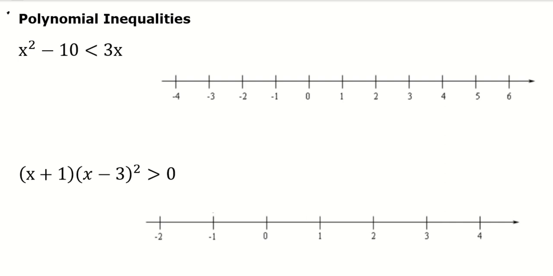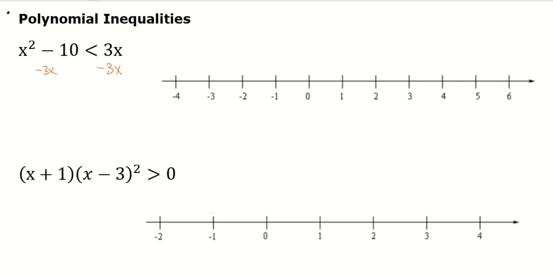Here we're going to be looking at polynomial inequalities and how we go about setting these up and solving with these. We first need to go through and find our points of interest, and to find our points of interest we're going to start off by moving this over to one side and having it set less than 0. So I'm going to take and first move this 3 by doing a minus 3x to both sides here,